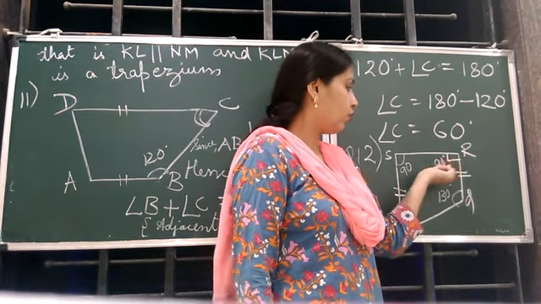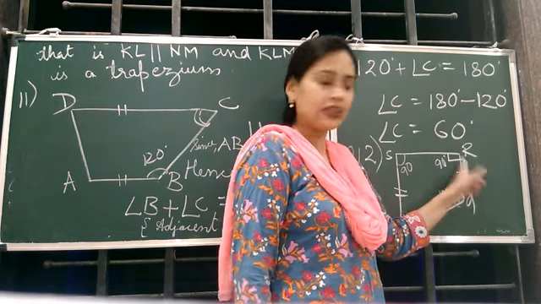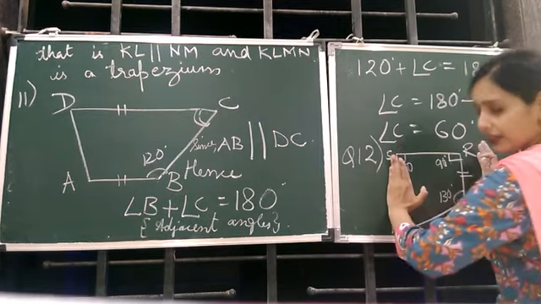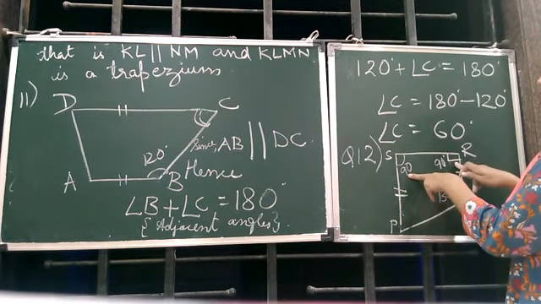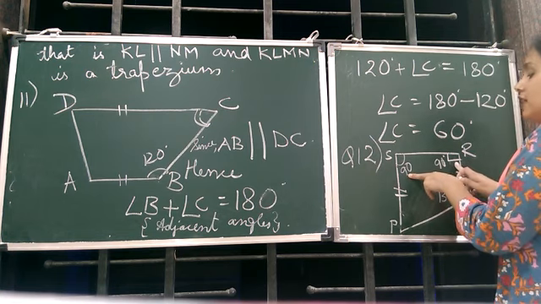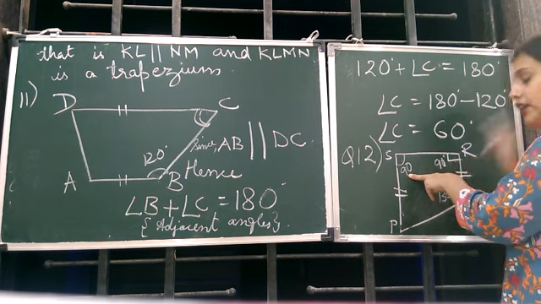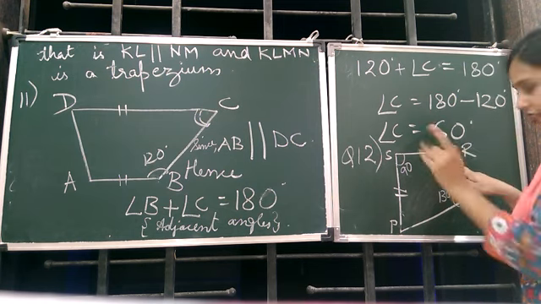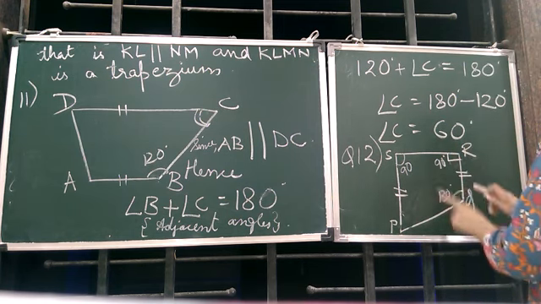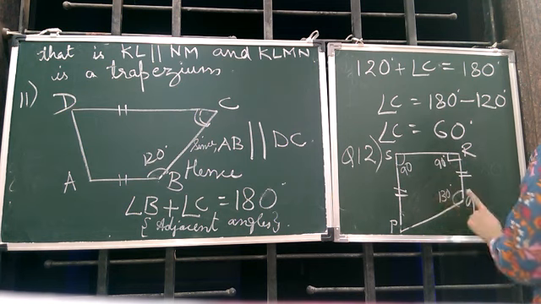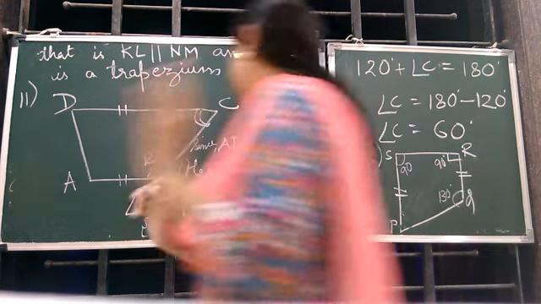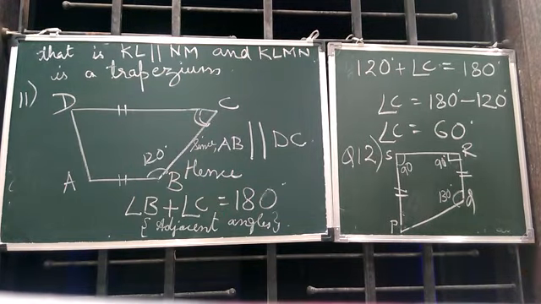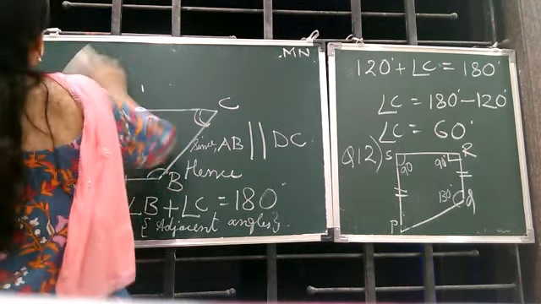So obviously R is known because this sign is made and this sign is for a right angle. So since this is a right angle, that means this is 90 degree. And these two lines are parallel, that means these two are adjacent, that means they are supplementary. Now since they are supplementary, their sum is 180 degree. This is 90. So 180 minus 90 will give you again 90. So either you find out that way or by the adjacent angles are supplementary. So we do that only, adjacent angles are supplementary.